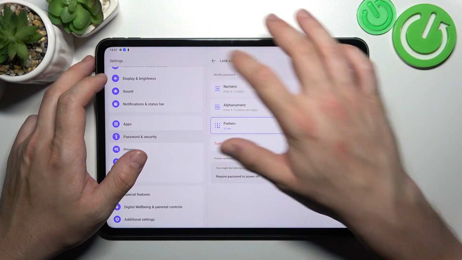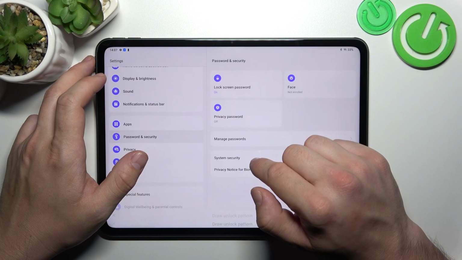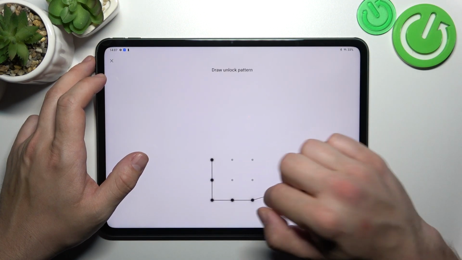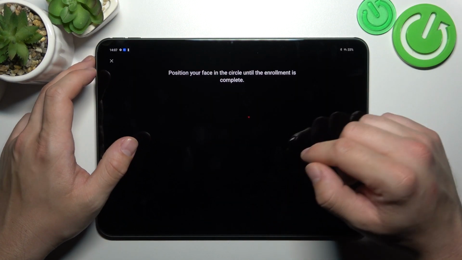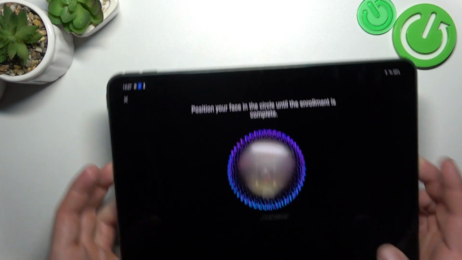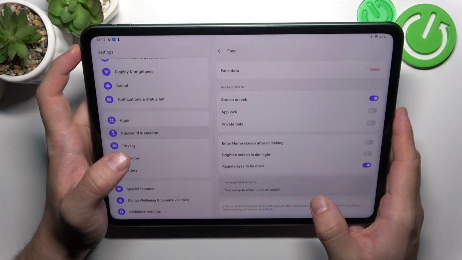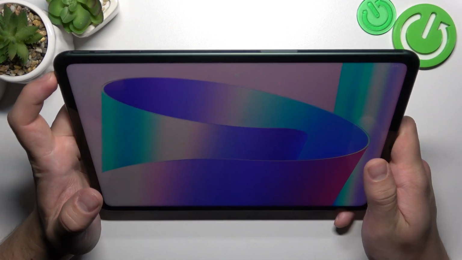Now let's go back and enter face. Thanks to this function, we will be able to unlock the tab using our face. Scan your face in this area. Tap done. And now you can unlock your phone via Face ID. Swipe up